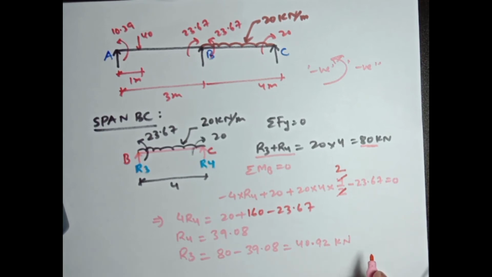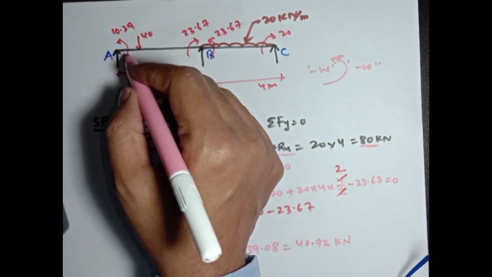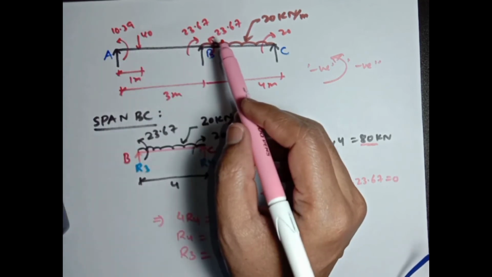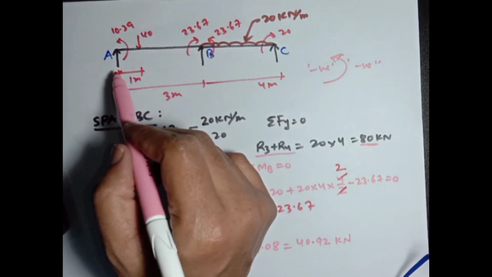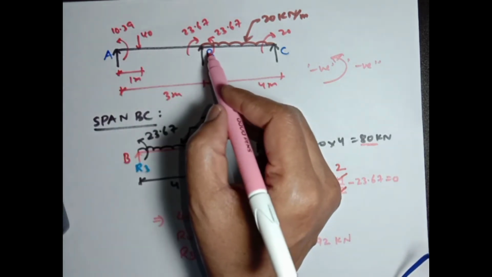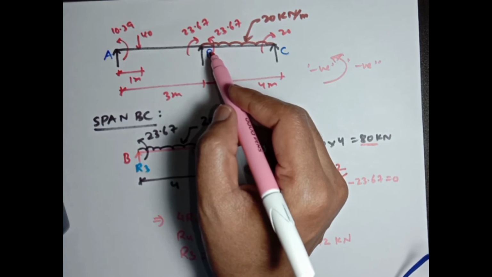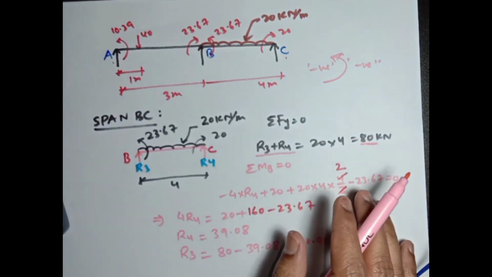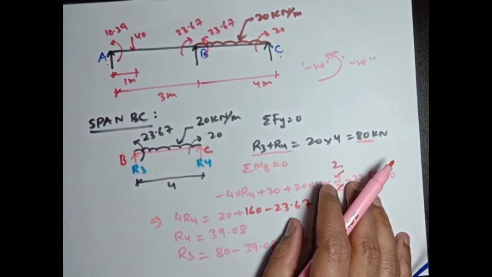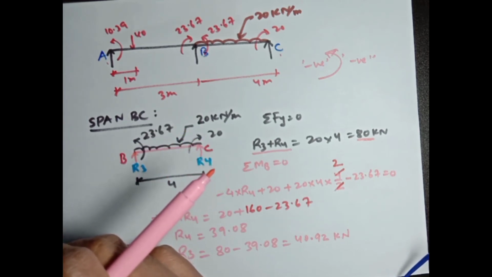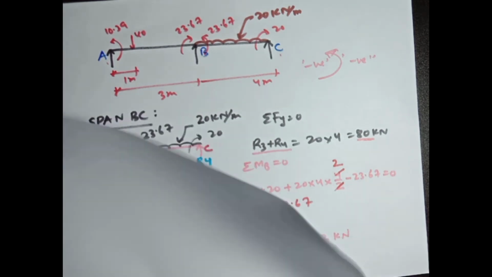Now we are done with the complete loading diagram. We have found the fixed end moment, that is the total moment acting at this support, again the fixed end moment. We are done with the reactions R1, R2, R3 and R4. This joint B will have two reactions, R2 and R3. It will have R4. This will be R1. So we can show here with a loading diagram. Now we are going to revise the loading diagram with all loading shown here.